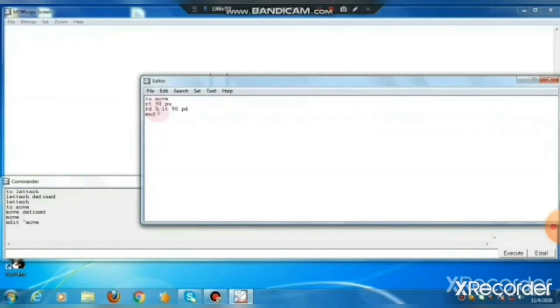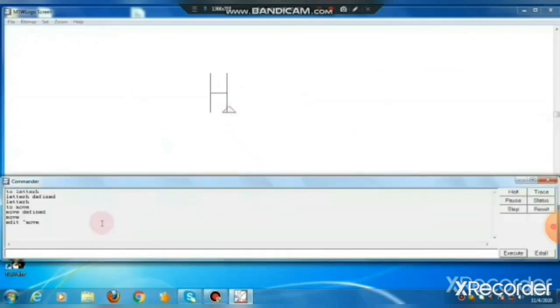So you can see all the commands together. Here I am changing the FD value to 10 or 20, you can change it. After changing the value, just click on the close button, and it will automatically save it. Now you give the move command, and you can see the turtle gives space. According to that procedure, it moved 20 steps.